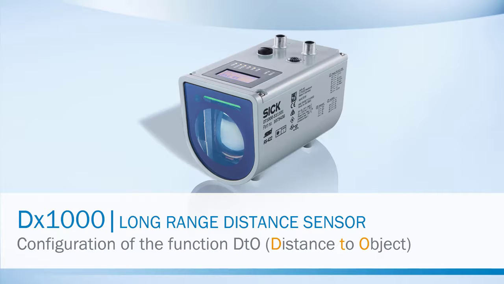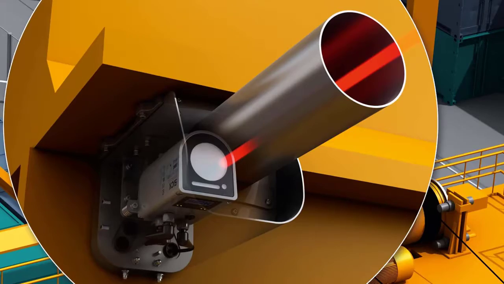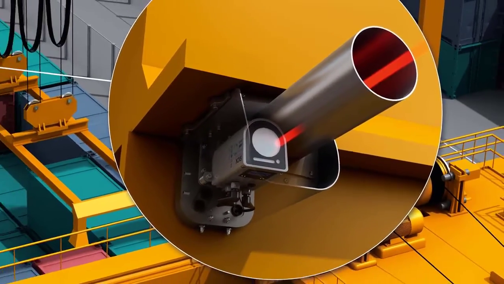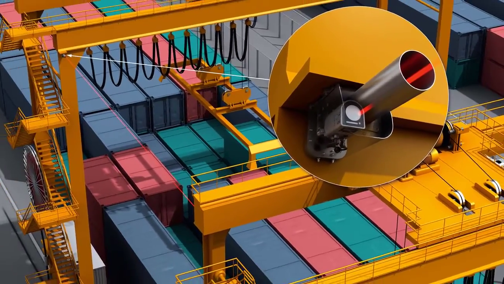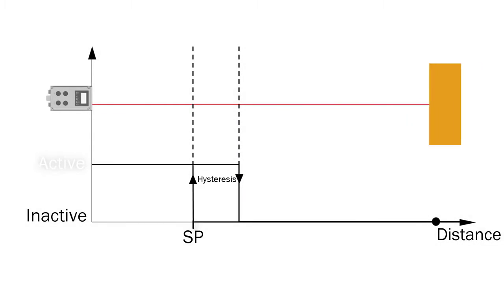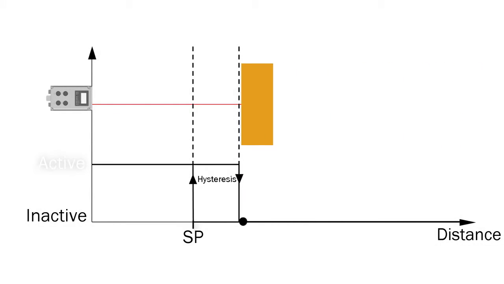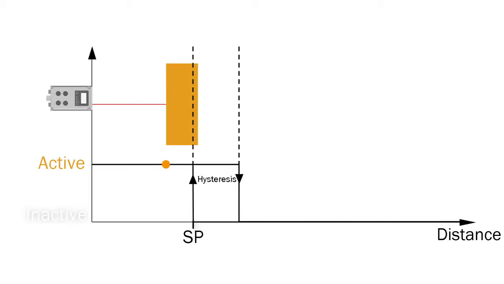Welcome to the tutorial: configuration of the switching function DTO, short for Distance to Object, of the Dx1000 long-range distance sensor. An example of the switching function DTO is to prevent collision of rail-mounted gantry cranes, RMG. When the measured distance falls short of the selected switching point, the switching output changes its state from inactive to